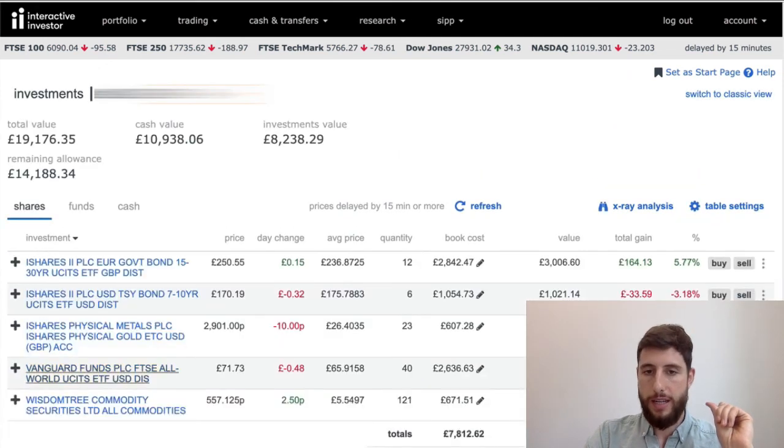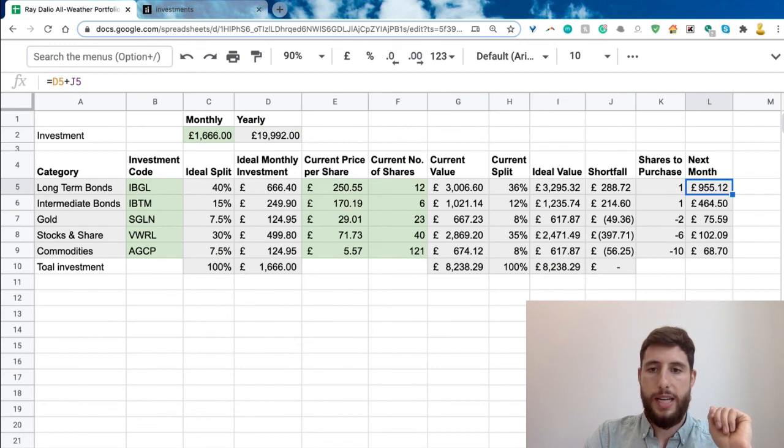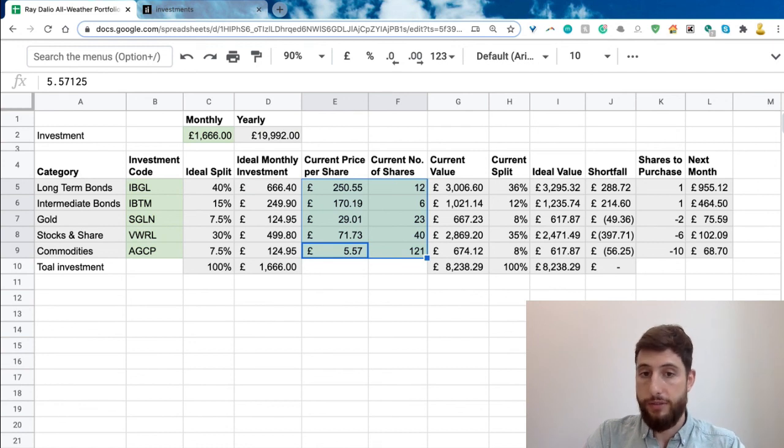We can then go into the investment overview and look at all this detail and understand what it is, the current price, for example, the value it currently is, the gains we're making. We can understand all these figures. We can then put that information into our table to then work out what we need to do to rebalance it. So we're putting this information in, okay, every time you want to rebalance,